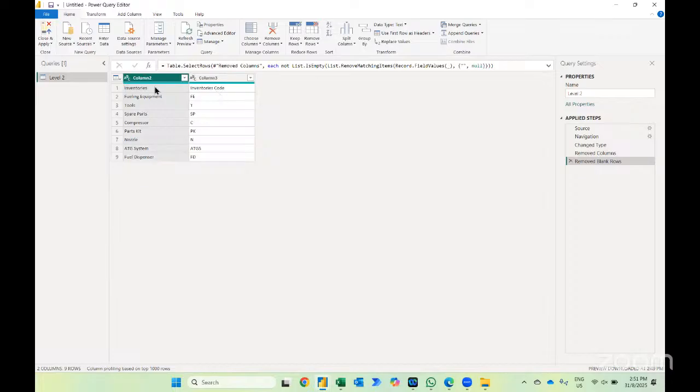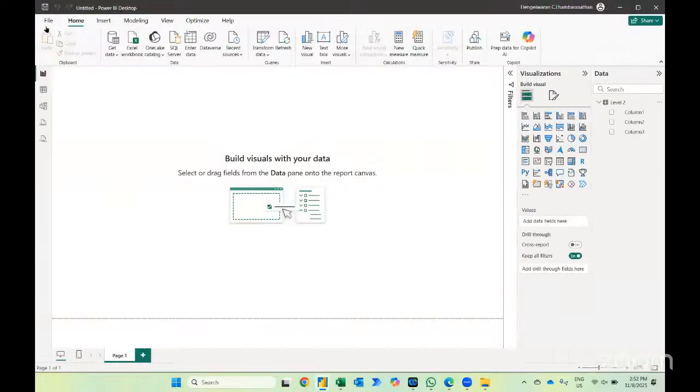And then after that, I don't want column 2, column 3. Instead, I want the first row to become the header. So what I do is click use first row as header. By just clicking like that, the first row becomes the header. And now, if I press close and apply, when I press close and apply,